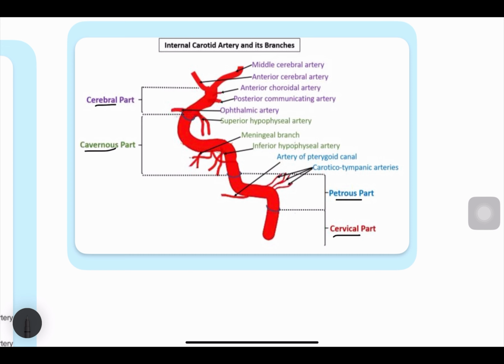As we know, the carotid artery travels via the carotid canal in the petrous part of the temporal bone. So this creates the petrous part, which is seen at the temporal bone. And from there it enters the cavernous sinus and comes out of the cavernous sinus as the cerebral part and gives off branches like the middle cerebral, anterior choroidal, posterior communicating, and ophthalmic